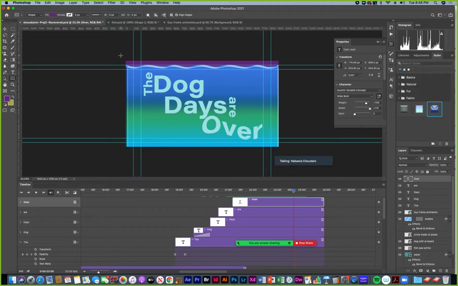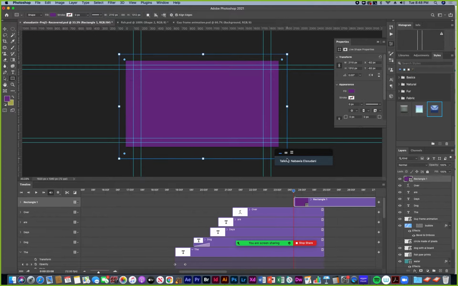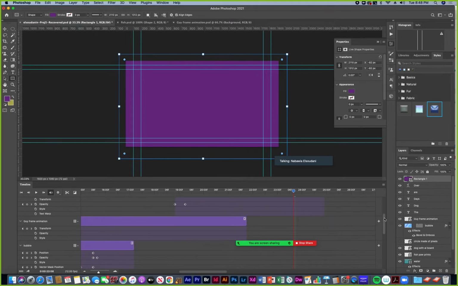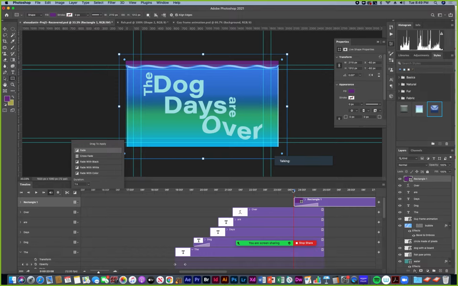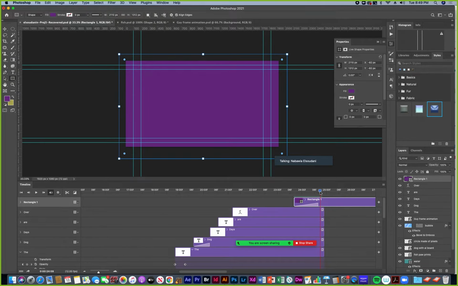I think it was a similar enough color anyway. And then I can drag a big shape over everything, and now I have this layer here to close everything out, and I can put a fade on that. Oops, click, and I can do like a fade and drag a fade onto that. And so now it's going to fade in with the clear screen. That's a simple way to create an ending.